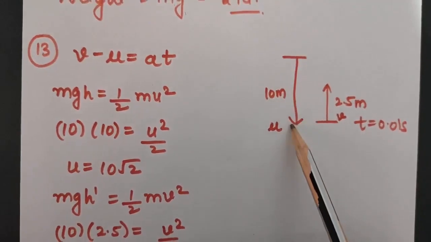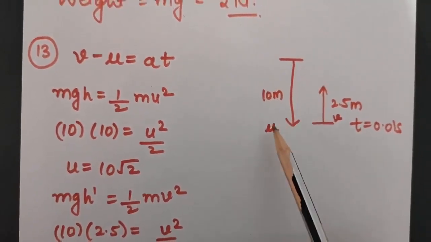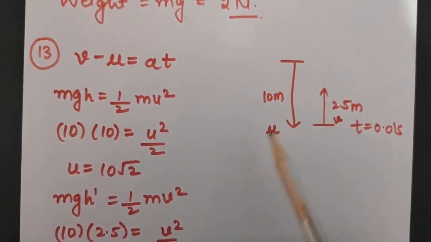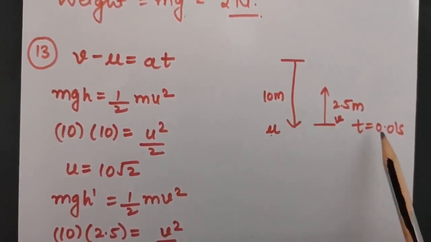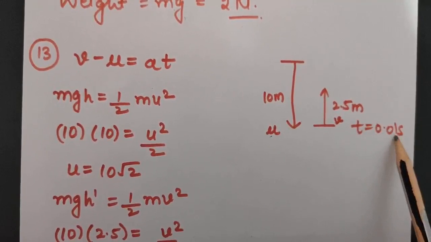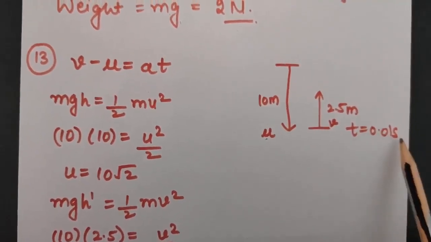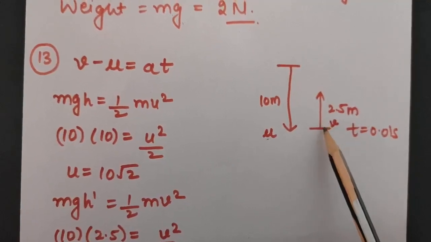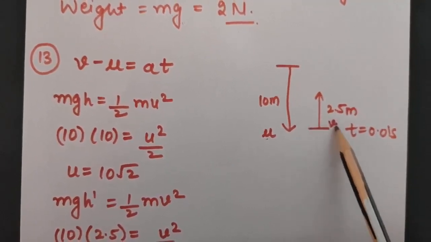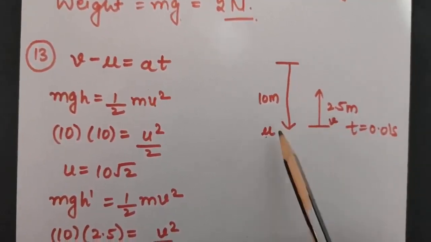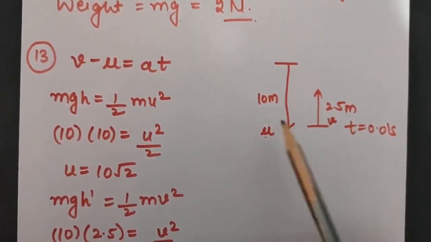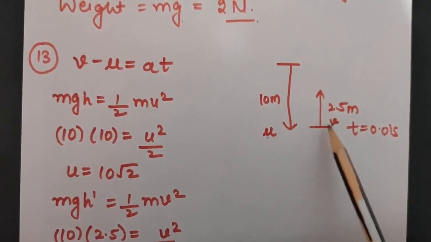When it comes to the lowermost point, it will be having some kinetic energy, and let us say that speed is u. Again, it was in contact for the given time. After that it is again going upward. That means just above the ground it would be having a velocity, let us say v. So let us calculate the value of this u and v, that is before striking the ground and after striking the ground.